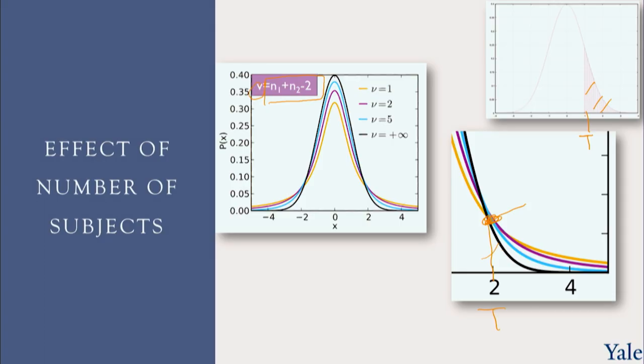If you have a big number of subjects, that area is very small, so we're more likely to reject the hypothesis and say we have an effect. If the number of subjects is small, this area is actually pretty big, and we're less likely to be able to say that the null hypothesis is false. That is exactly the reason why in many clinical trials we need a large number of subjects: the distribution of this t-statistic depends on the number of subjects, and a large number squeezes the area to the right of our threshold closer to 0. It allows us to have more confidence when we say that there is in fact a difference, because we are able to reject the hypothesis that there is no